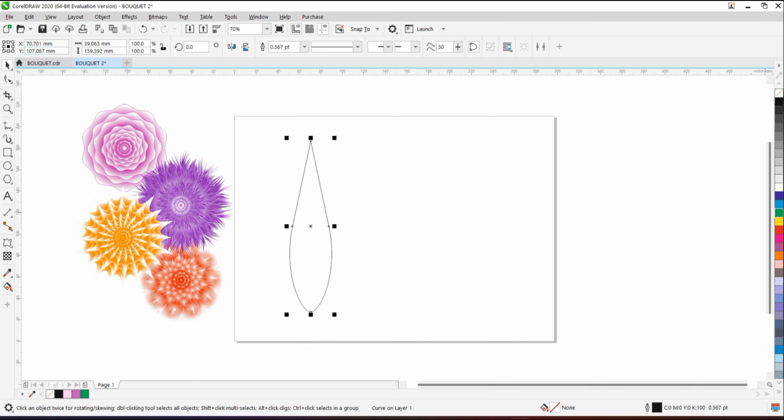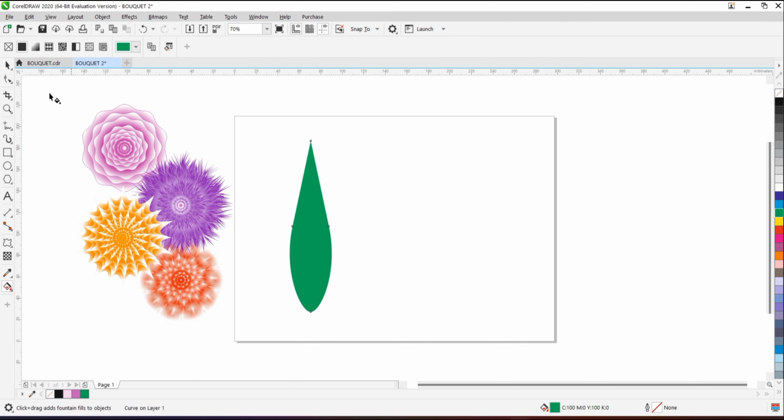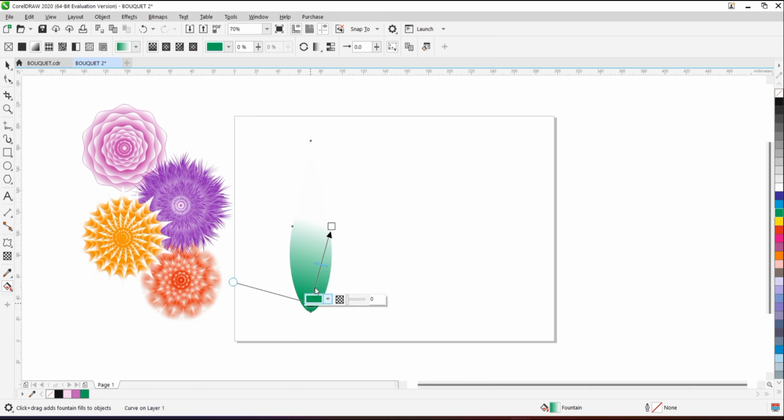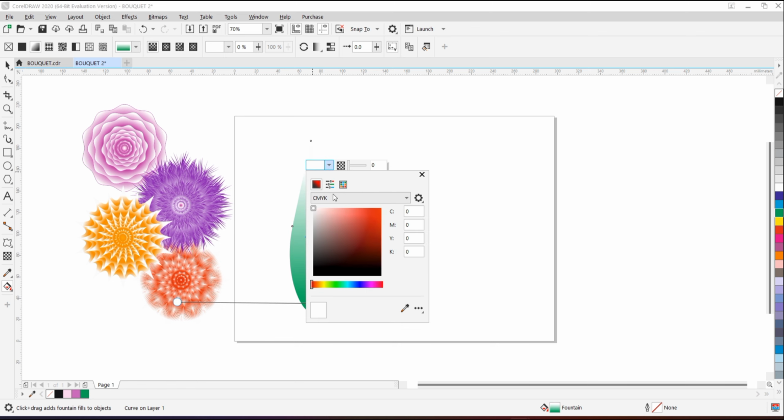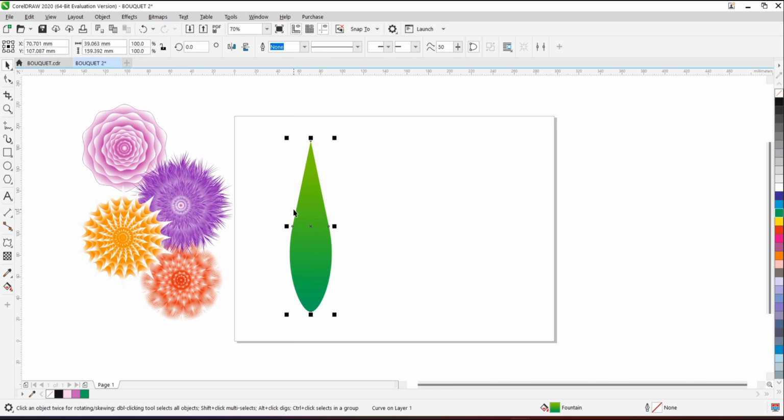Now with the shape selected, click on the dark green color from the color palette and remove its outline to none. Okay, so the outline is removed. Okay, so after removing the outline, come back to the tools palette and click on interactive fill, G is the shortcut key, and click on fountain fill. Set this dark green over here down and set this white on top. Okay, with the white selected, don't give the color as white but set the color as dark gray. Okay, now okay. Okay, so the color is set for the leaf.